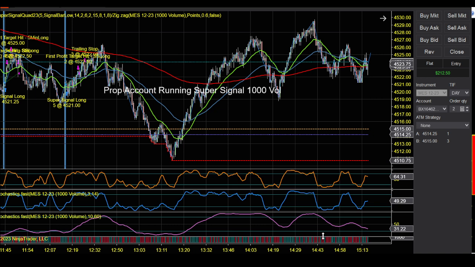You're going to hear me say, all right, we have a quad rotation, or we have a super signal. Quad rotation or super signal are going to be the two things that we're going to be talking about on the Zello. Only alerts go out when I send them out. That way, if you're not near your computer and you want to be alerted, that will get you alerted to it.